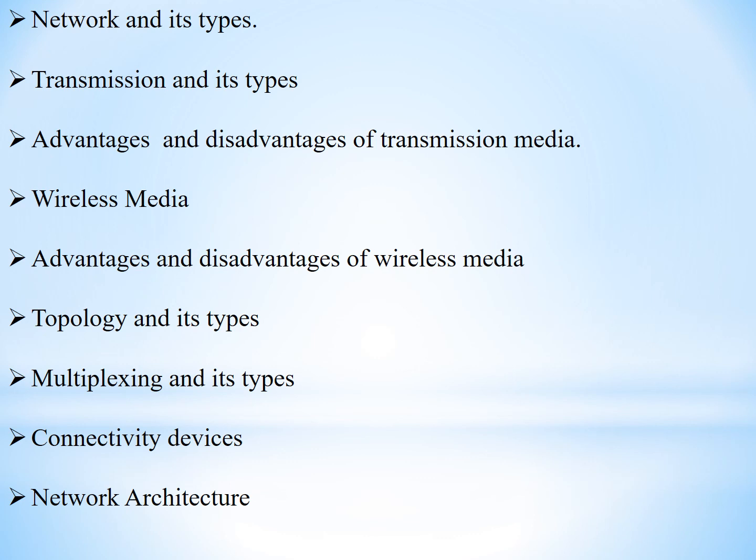Next comes the network architecture, where we learned Ethernet and its types of cabling, and token passing and its types of cabling in detail. And in the second last class, we learned about protocols, what protocols are, what TCP/IP is and how data is transmitted in TCP/IP. And lastly, in today's class, we learned about network access method. Network access methods are the set of rules used by the nodes for transmitting data. Simply, in order to access the transmission media, we follow certain rules, which are called access methods. And there are three types of access method: contention, polling and token passing.